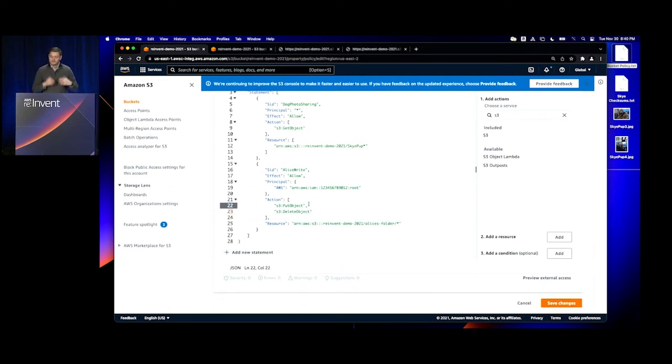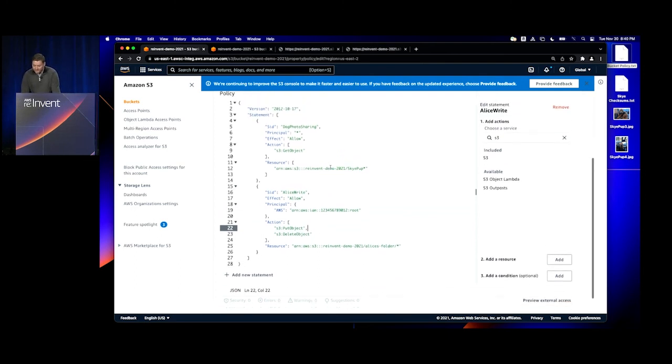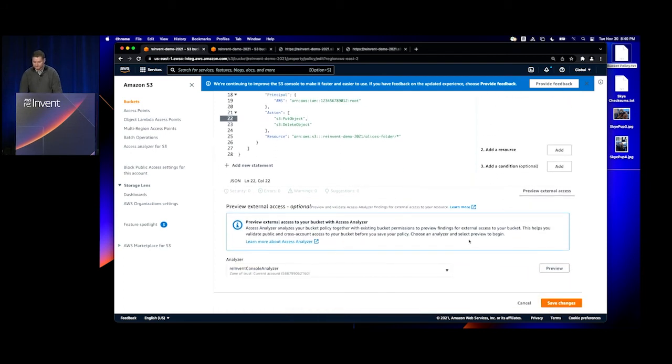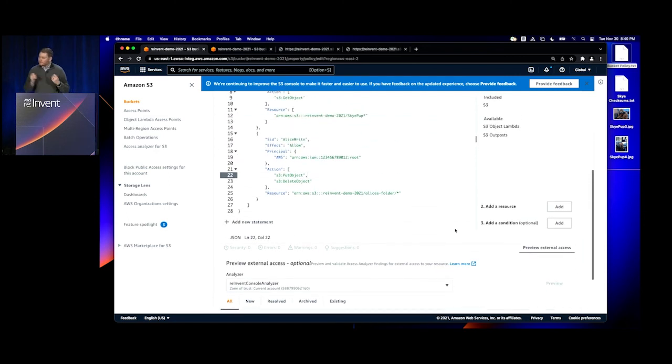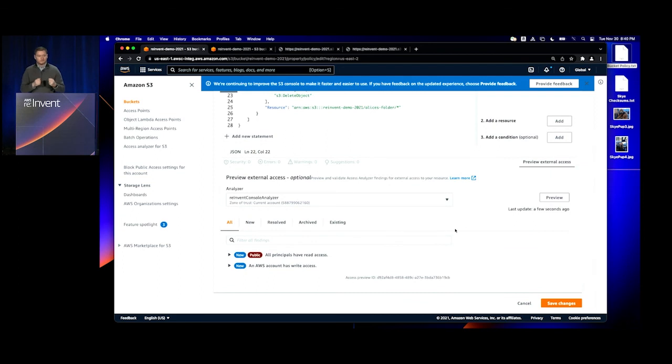Okay, great. So that's a quick example of a couple things that the new inline policy validation tool can tell you. There are a lot more that I haven't demonstrated here, but to keep this demo short, I'll just keep it at that. The last thing that I wanted to show, however, was this preview external access capability down here at the bottom. If I choose this and click on preview, it will look at my current bucket policy and tell me a summary of all of the permissions that I'm giving with this policy.